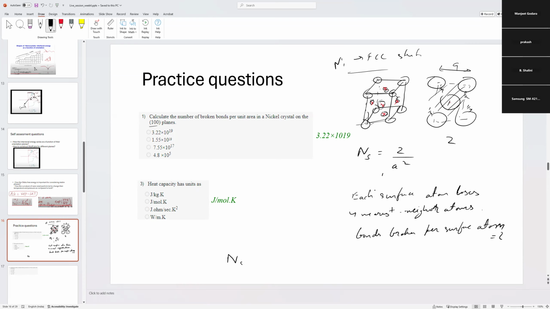So now the total bonds broken per unit area, N, is equal to 2 times this N_S, so 4 divided by a squared. Another thing they haven't mentioned is the a of this nickel. It's around 3.52 angstroms. So 4 divided by 3.52 squared,